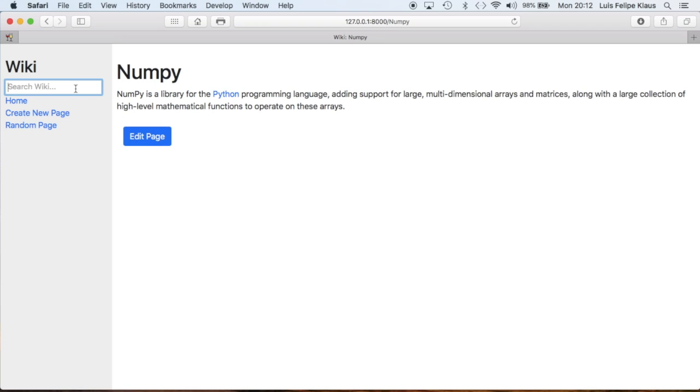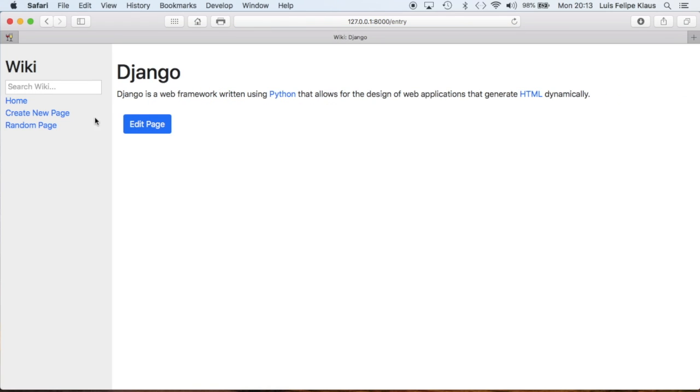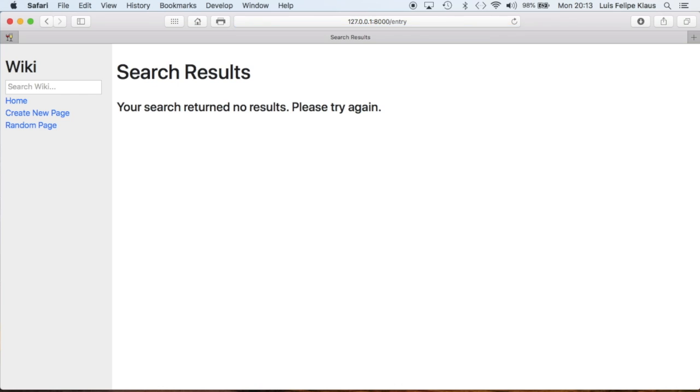If the query does match an entry like Django or Python, we will be presented with the page for that entry. Finally, if no entries have the query even as a substring, the user is asked to try again in this